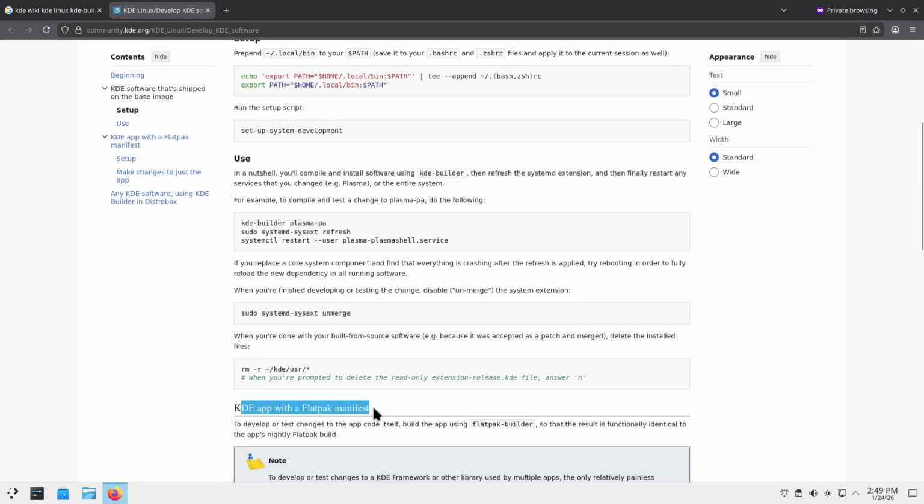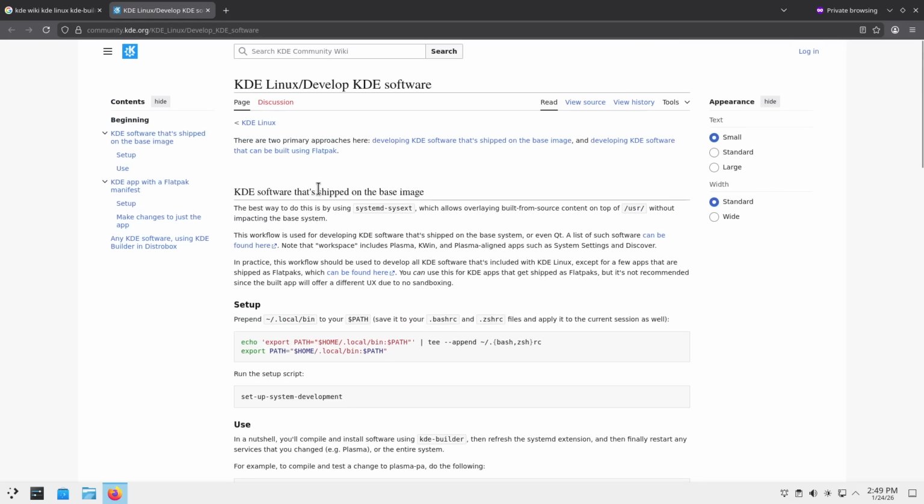One's for building the source code from source, but from Git master branch, but also packing that thing as a flatpak package. And the other option that we have here is using KDE Builder, for instance, as an additional value add for KDE Builder. The software that's actually installed on this computer and it's from the KDE community, such as Plasma Login, KWin, the window manager, Wayland Compositor,